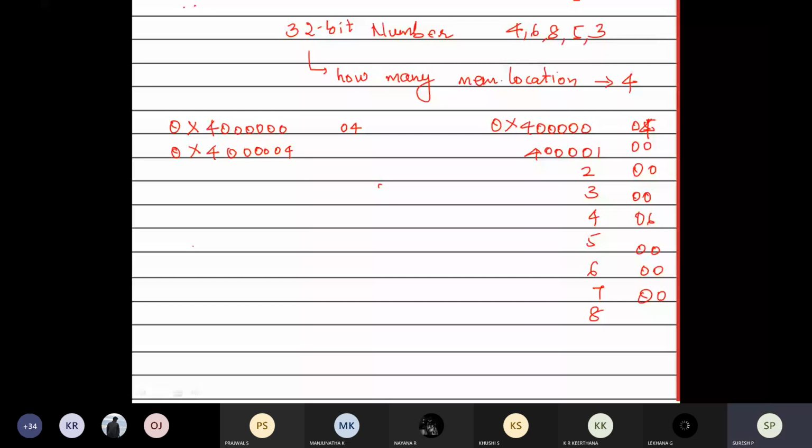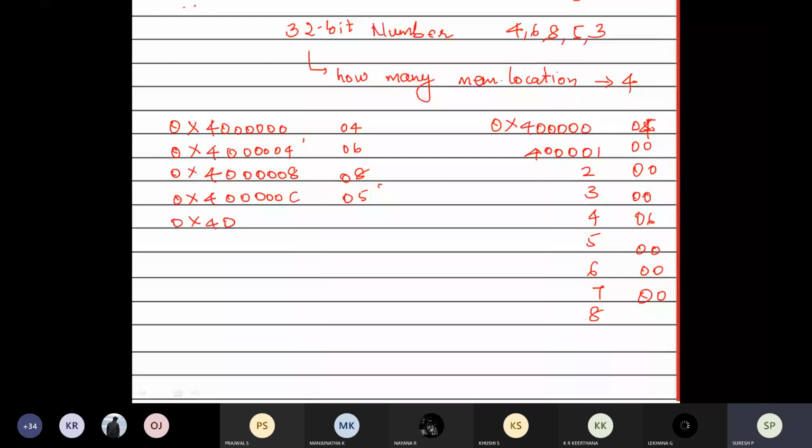So now again here you can see it. The next number will be stored at this particular location, which is 6. It is going to consume 4 memory locations. After 4 memory locations, you are going to have this one, which is 8. So this is going to consume 8. After that, it should be this particular location. So 400 after 8, 9, A, B, C. So this will be in C. So that is in 5. After C, D, E, F, 1. So it will be 40001 0. In this one, the element which will be stored is 3.